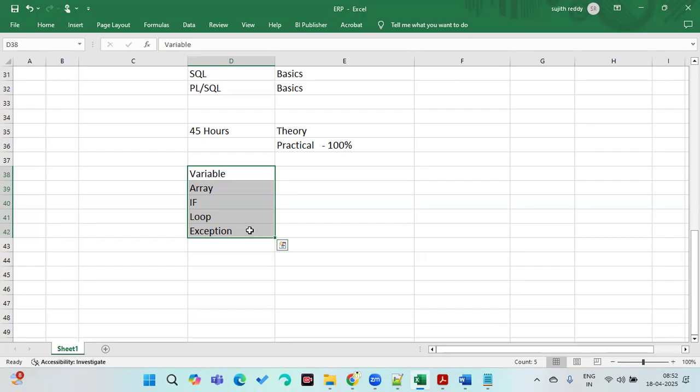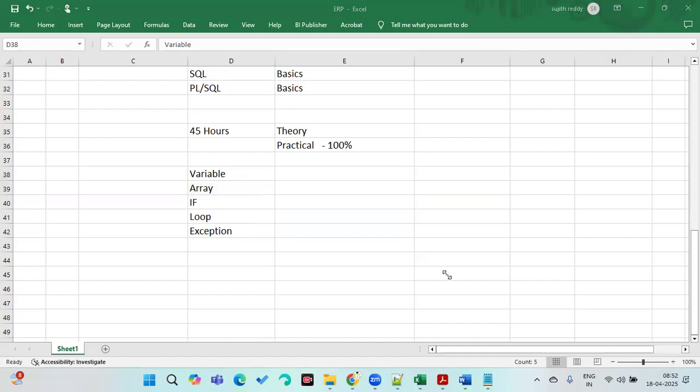Tomorrow, practical. Day after tomorrow, practical. Complete coding I'll write in this 1.5 hours. Why I take 1.5 hours is that I'm writing the code. I'm taking the first requirement, then writing the code, executing the code, and showing you the result. Even if you don't know the basics of SQL and PLSQL and still you are able to understand that, then you are fit. You can do it. Otherwise you are not fit for this course. So that we will be discussing tomorrow.